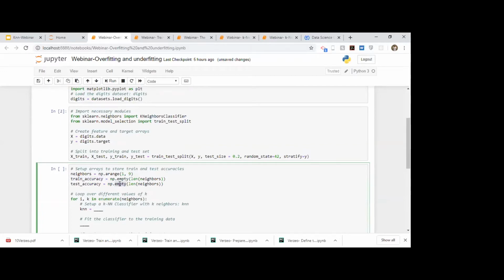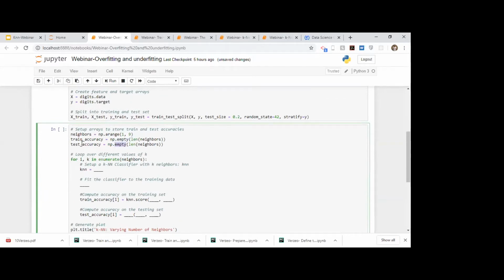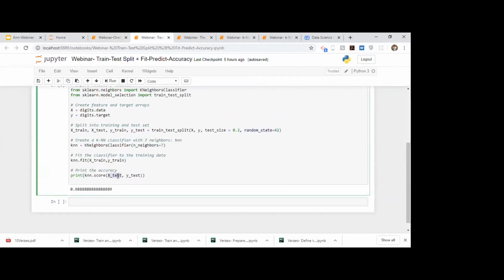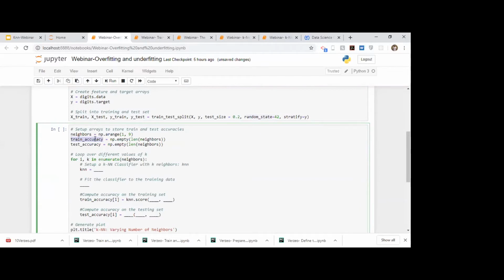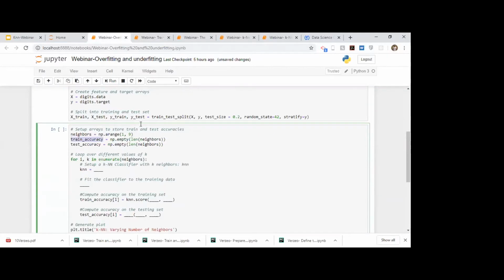Similarly, you do this one more time. Since this is done randomly, right? So you would get another random value for your test accuracy. Ideally, this train and test be computed like this as we had done, okay? This is our training set score. And similarly, if you just replace this by test and test, you would get your test score. But this is just to show, we are just simulating it. We are just passing random values to see how it works. So that is what I am showing you. Ideally, you just use the score function and you just do it, okay?